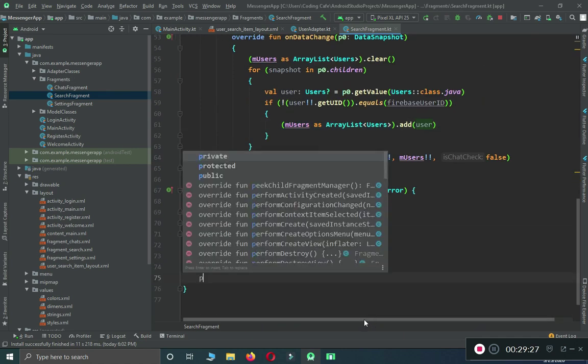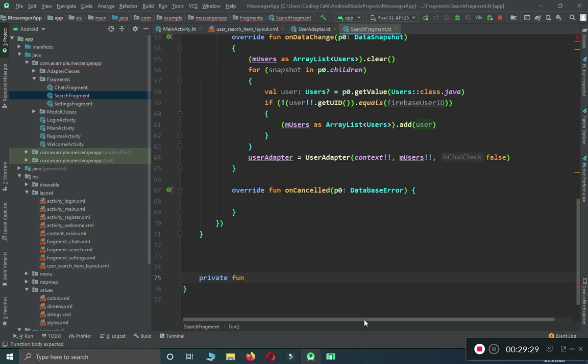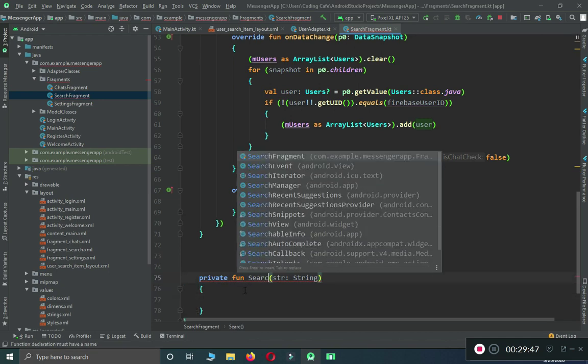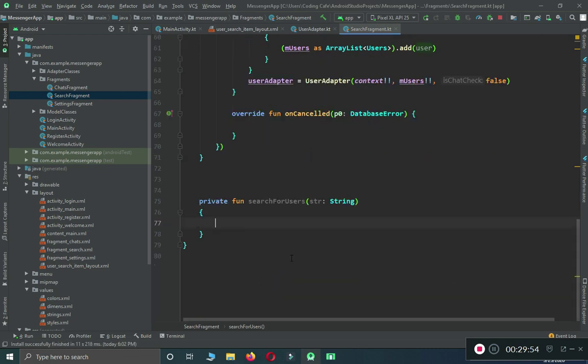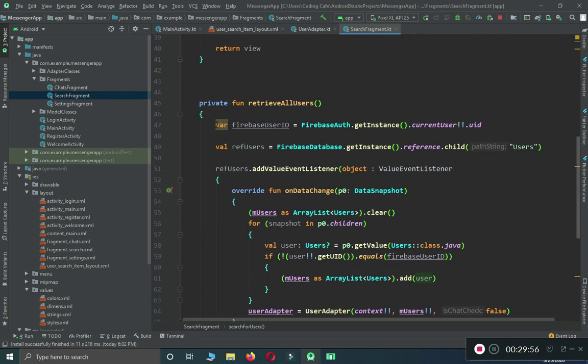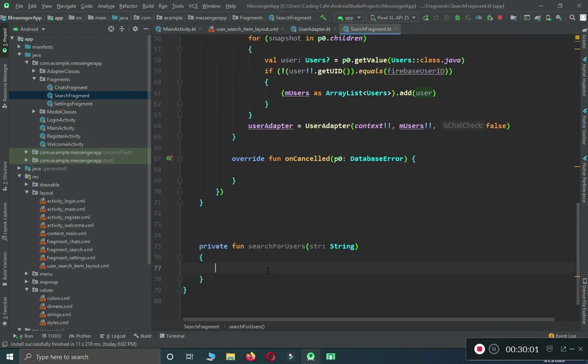and it will receive a parameter, a string type variable which will be by the name str. I mean, we will pass a string type parameter basically to this function, okay? And then the name of the function will be search for users. And let's just copy these two things from here, paste that here, and now we have to create a query